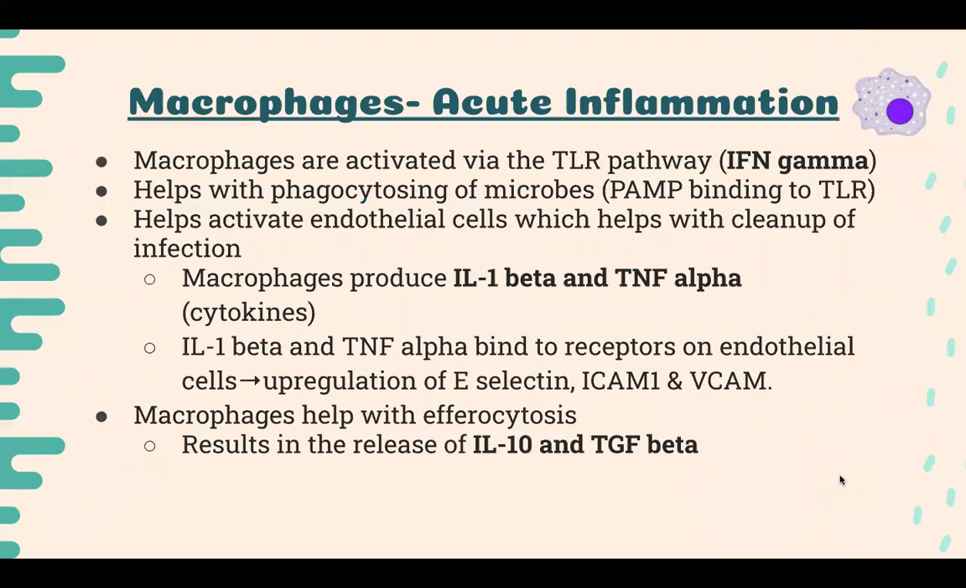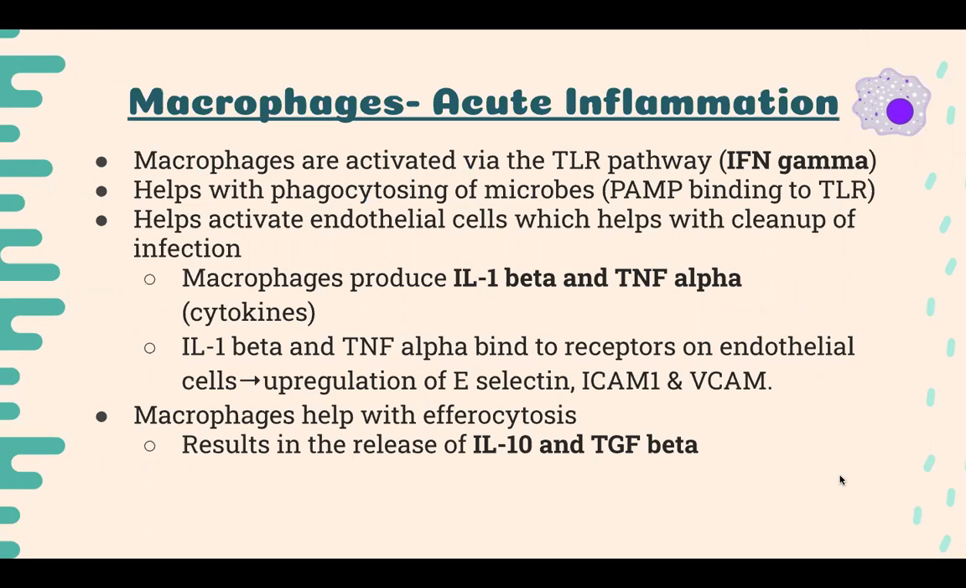Macrophages in acute inflammation. Via the toll-like receptor pathway, you get the production of the cytokine IFN gamma, which can lead to the activation of macrophages. Once activated, they can contribute to the phagocytosing of microbes. A microbe has a PAMP, which binds to a PRR receptor found on a macrophage, which results in the triggering